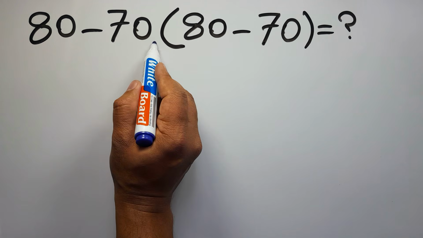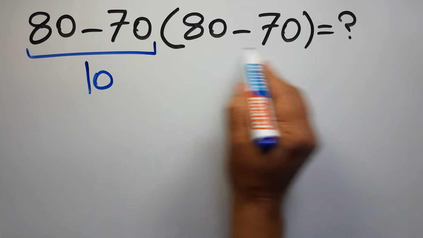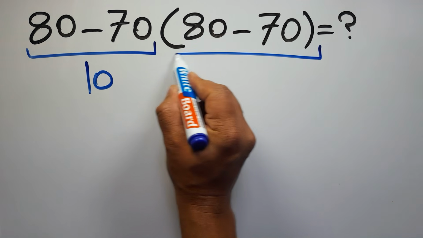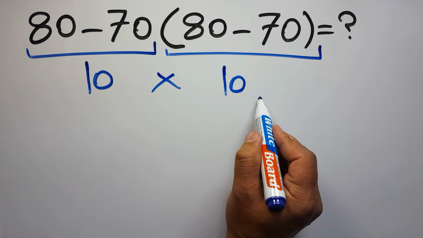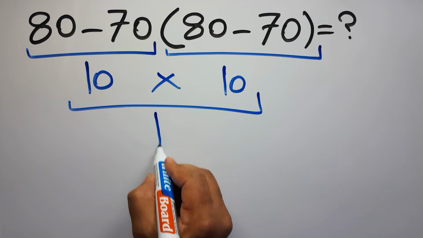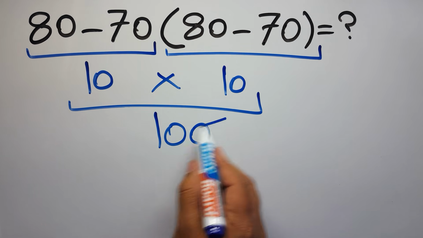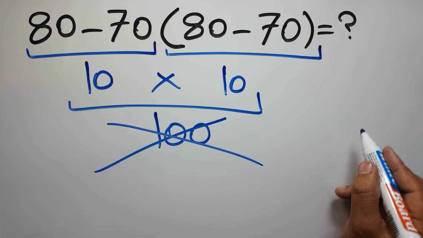80 minus 70 gives us 10. And again here inside this parentheses, we have 80 minus 70. So 10 times 10 equals 100. But this answer is not correct, because according to the order of operations, which is PEMDAS,